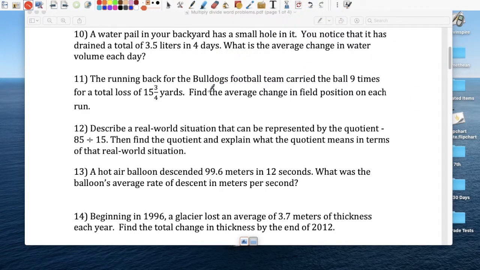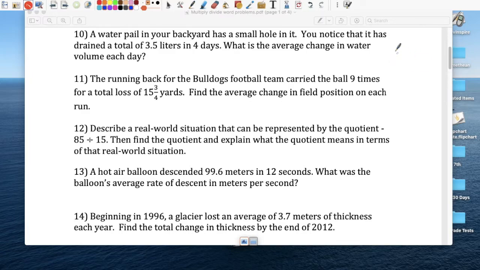Running back for the Bulldogs football team carried the ball 9 times for a total loss. Find the average change in field position on each run. All right, so he ran the ball 9 times, and in total, okay, so I hate questions like this because not everybody